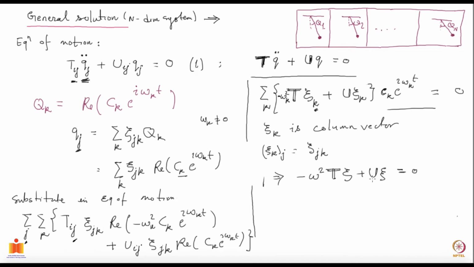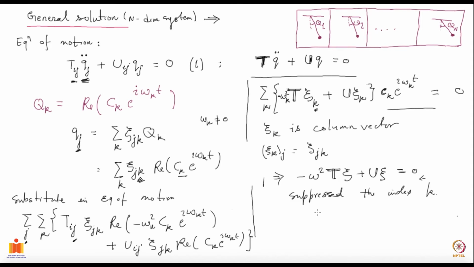As I was saying earlier, these are determined by the problem, the xi_k's, and that's what you see now, that the xi_k's are determined by this equation. I've just suppressed the index, and you will see immediately why I have done so. And this equation which you have here, let me write it slightly differently.